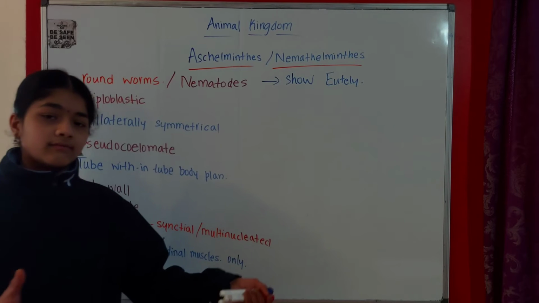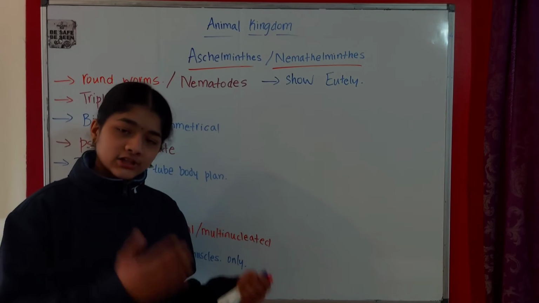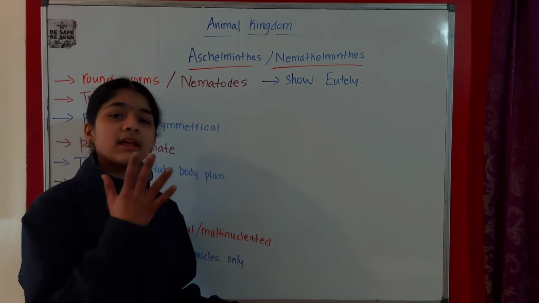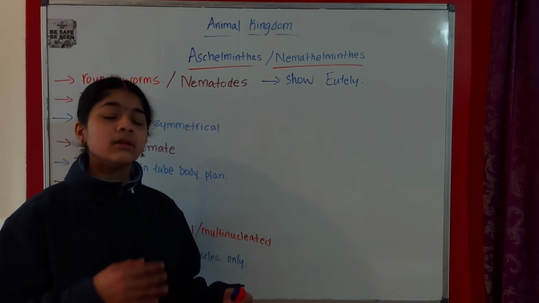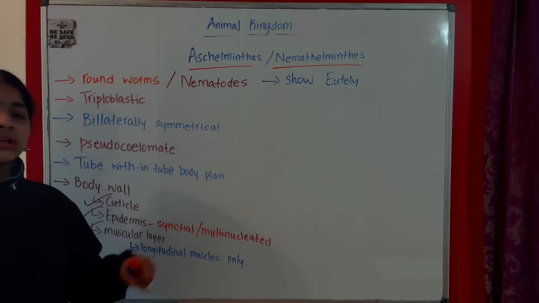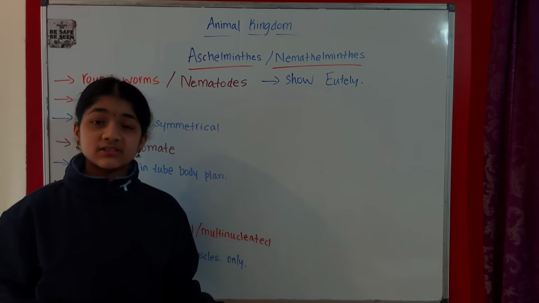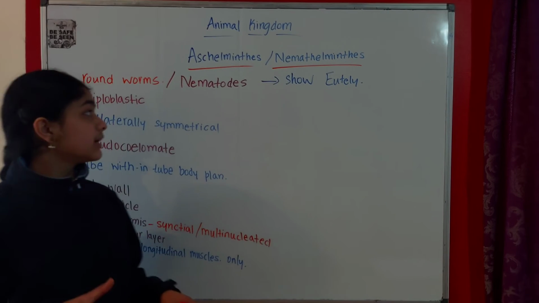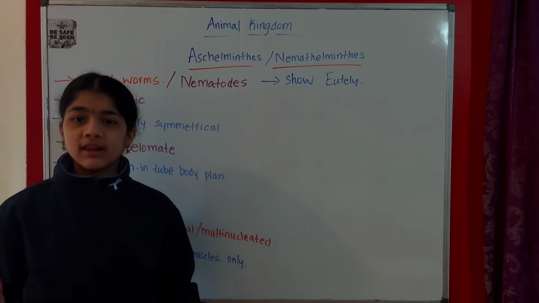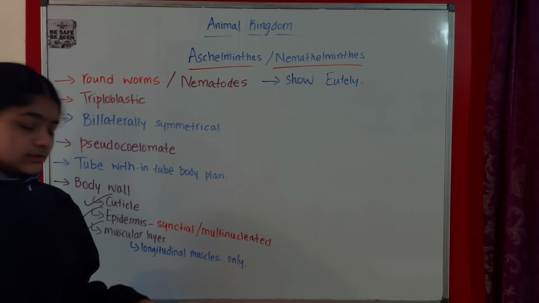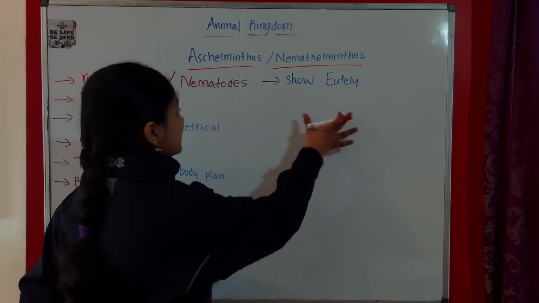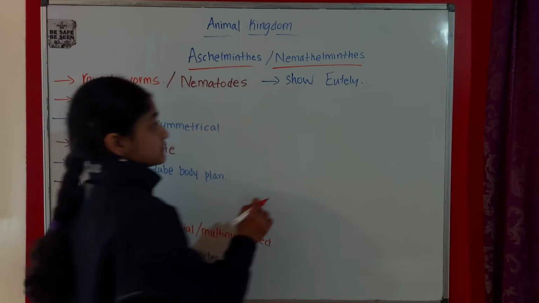So when they are born, when they actually form, in childhood, how many cells are there in a particular system? It can be digestive, circulatory, respiratory, nervous, whatever system it is. But actually in nematodes, there is no circulatory system and respiratory system, but there is an excretory system. Whatever system we take into consideration in nematodes, the number of cells is going to remain the same through their whole lifetime. So that's what eutely is. Eutely is the cell constancy in all organ systems. So they show eutely. This is one more unique characteristic of nematodes.